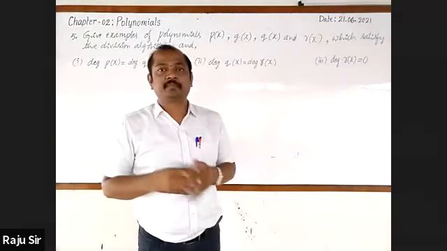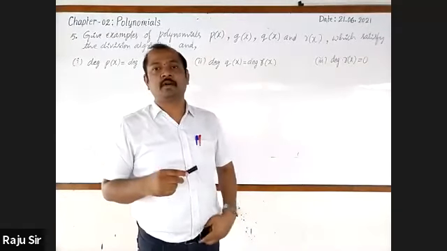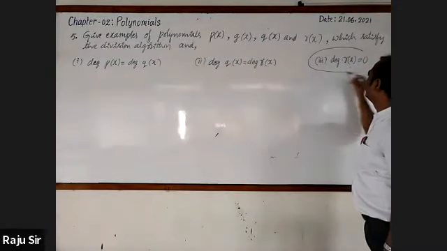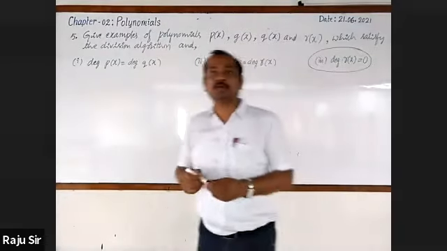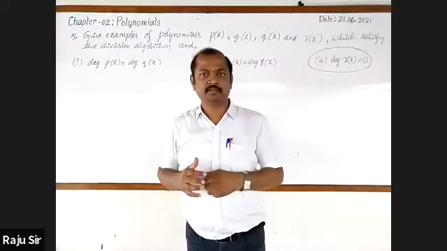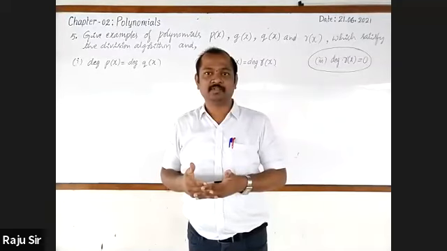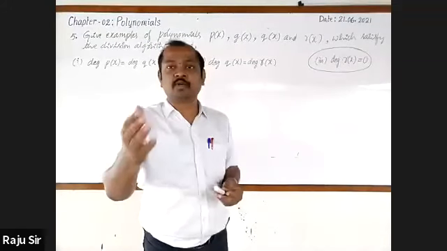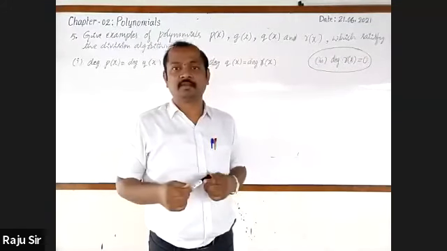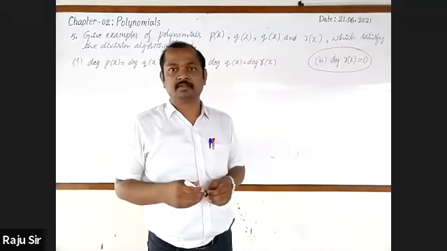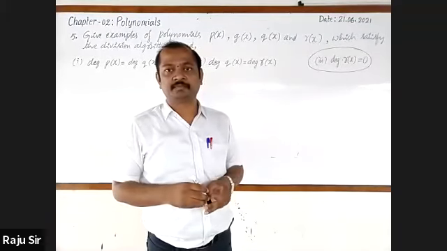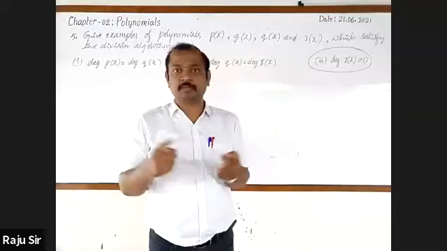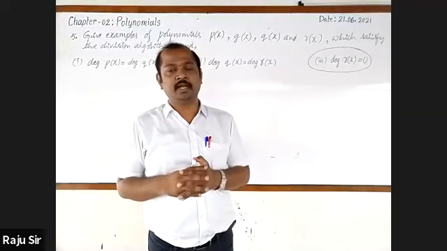Now I'll move from simple to complex, known to unknown. See, this is very familiar. Degree of r of x is equal to 0. What do you call a polynomial whose degree is 0? A constant. It is a constant polynomial. Even 0 may be the constant polynomial. 1 is a constant polynomial, 2 is a constant polynomial, and so on.